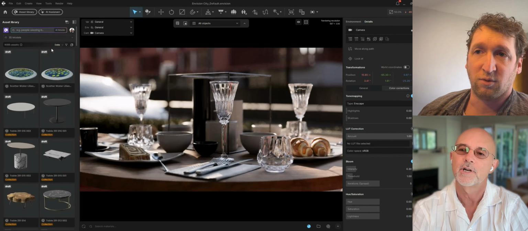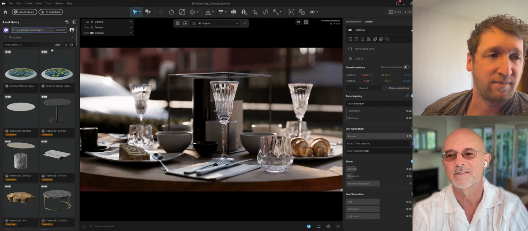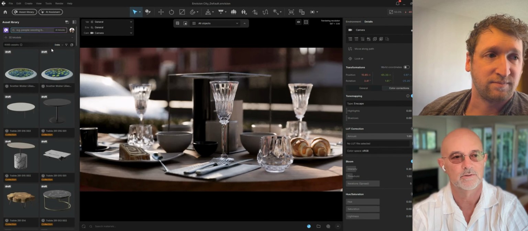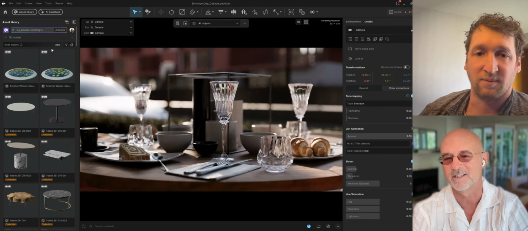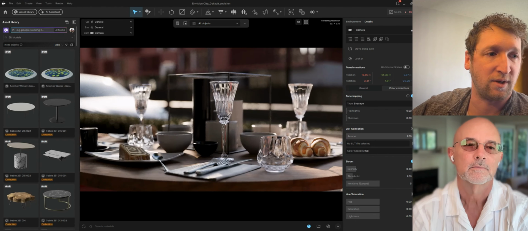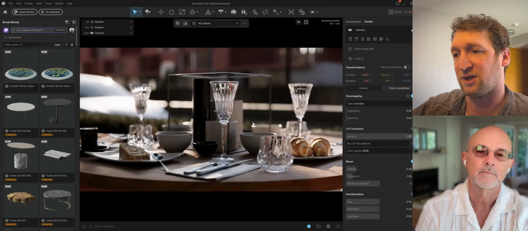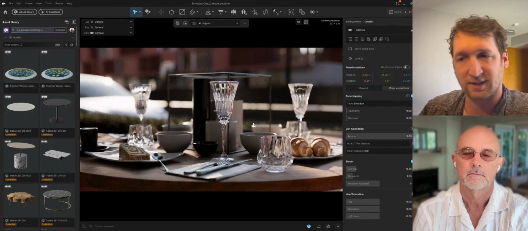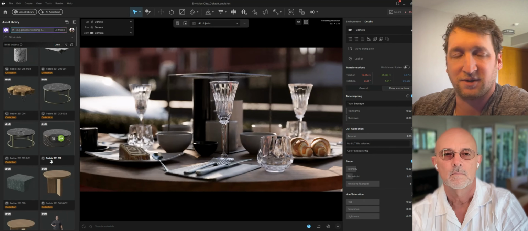So you're not dependent on polygons. Enscape tends to trick you with detail using texture maps as opposed to polygons, but you're actually seeing the polygons here. Again, you don't have to worry about poly count limit inside of Envision. So that's where you can get these really nice, highly detailed 3D models versus Enscape.